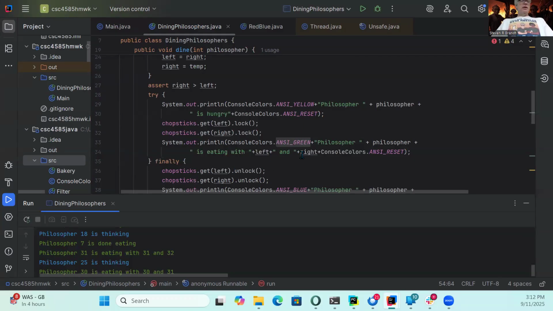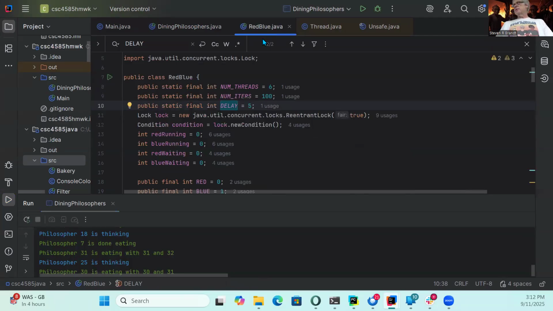Okay. My red blue lock thingamajig. Yes. Feedback says that I used sleep instead of condition variable. Is there any part in the directions that specifically should have clued me in that it should have been a condition variable? Well, all of chapter 8, when we did condition variables for that purpose, right? That is the purpose for which we have them, right? And so you should have used it.